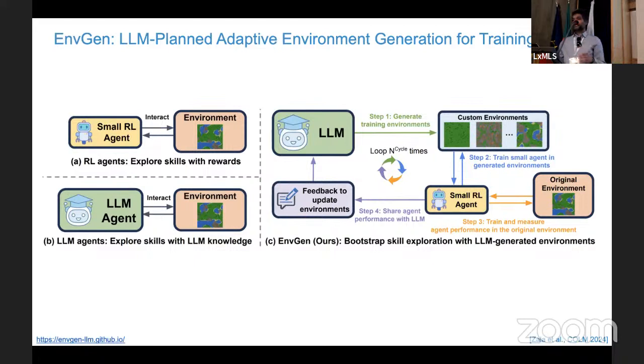It can, so in this case, we have shown game agents. We take things like Minecraft and these kinds of games, and we take the best, say, RL agent in that game. And then we ask the RL agent to send its weaknesses to the LLM, right? What are the skills that it's bad at? And then the LLM's job is to create diverse new targeted environments of the game such that the agent can play in those new games and actually make those very specific weak skills stronger. So it's a very data efficient, targeted way for making your current task agent better by asking the LLM to generate data specifically for those weaknesses. So that's the simple idea.